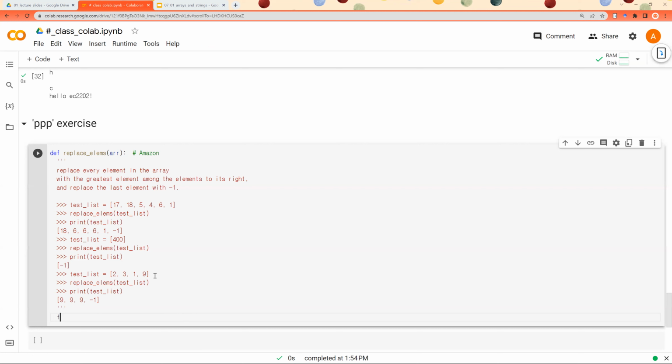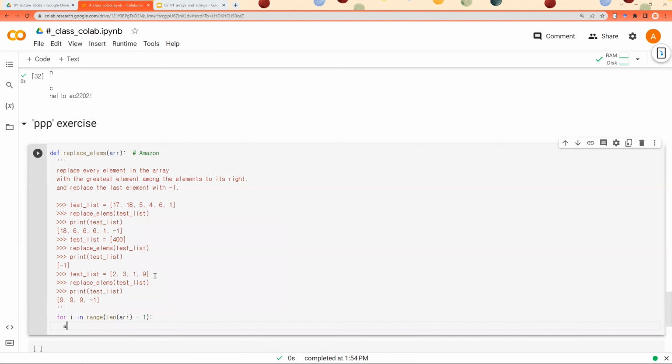We can implement this one like this. We are going to iterate through all the items inside this list, and we're going to change the item at index i to the maximum value